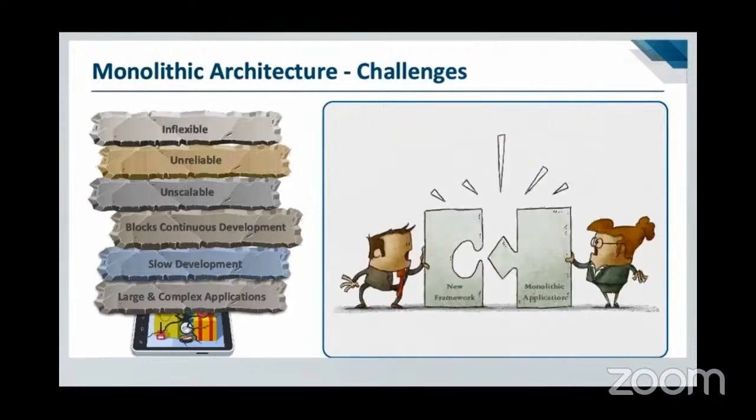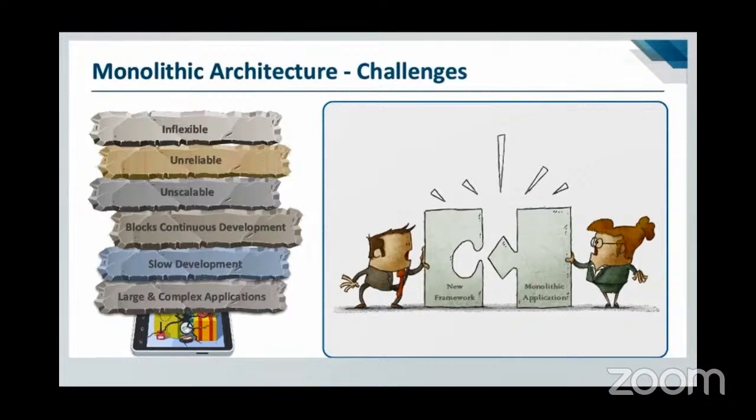The next challenge is that monolithic architecture is highly inflexible, meaning that it's very hard to adopt new frameworks or technologies into the software system. For example, some of the components might be better implemented in a particular framework or technology, and maybe some component you want to implement in another technology. It is not very easy or efficient to do that.